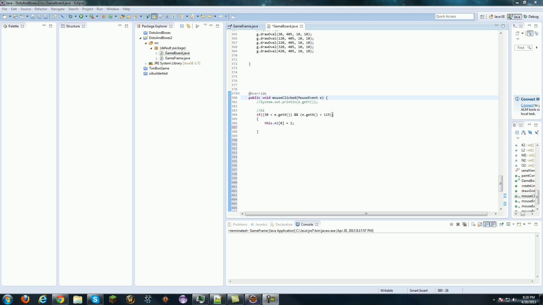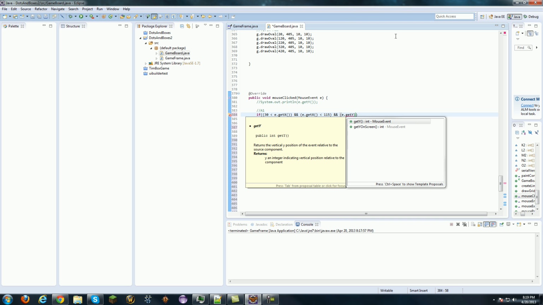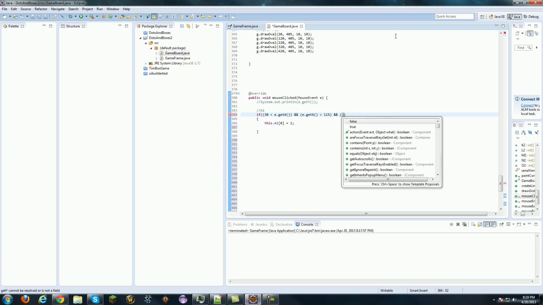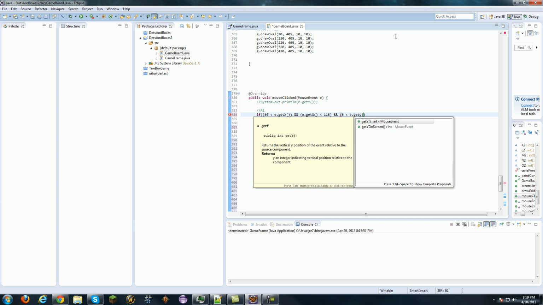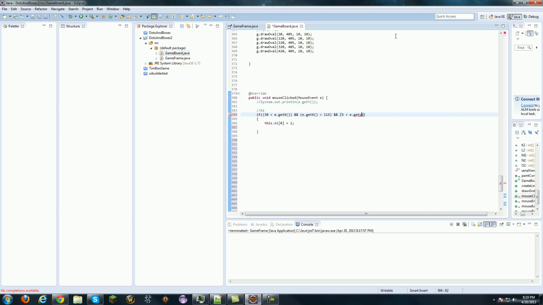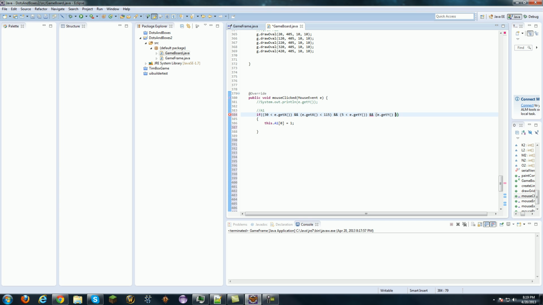So this is also going to need 2 more AND conditions. So let's start with 5 is less than e dot get y, which is like that. And e dot get y is less than 15. So now I have it set up so it's only going to draw it if I'm